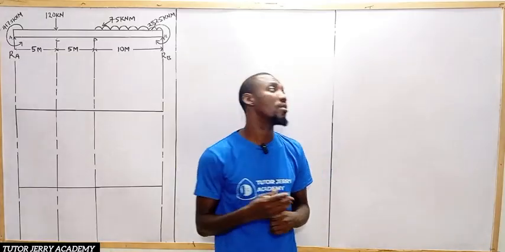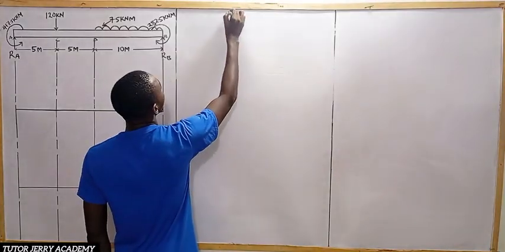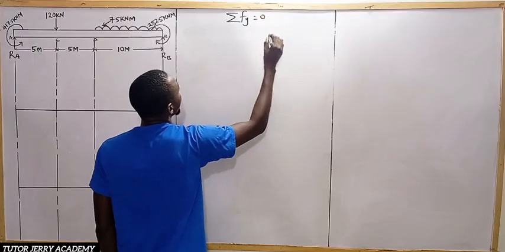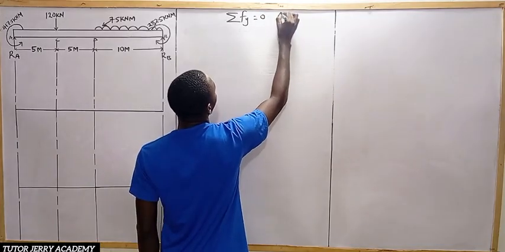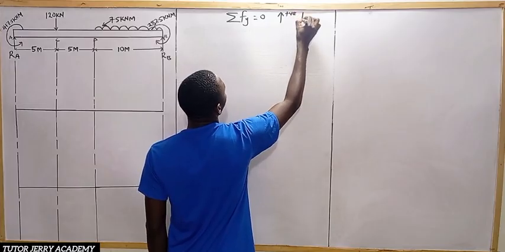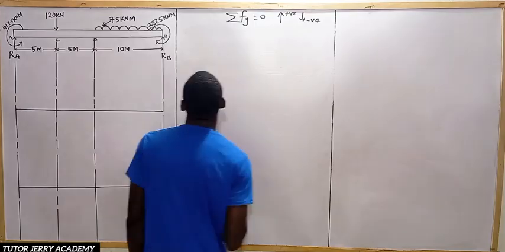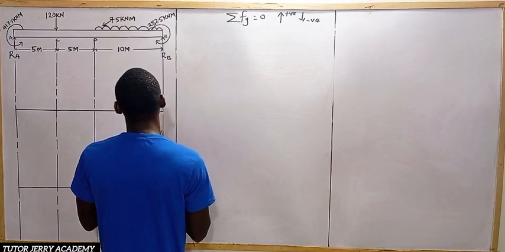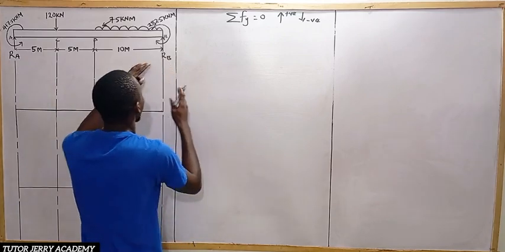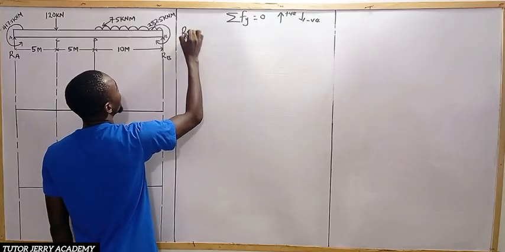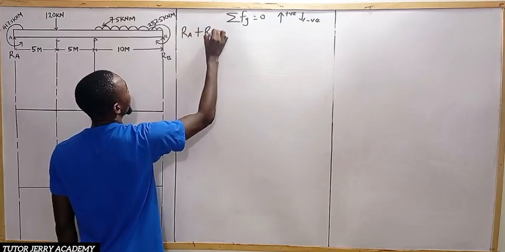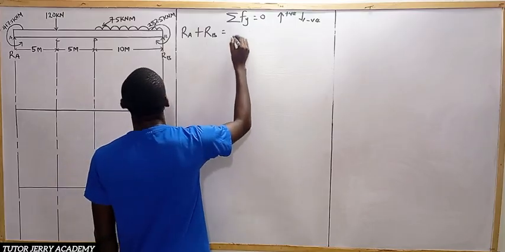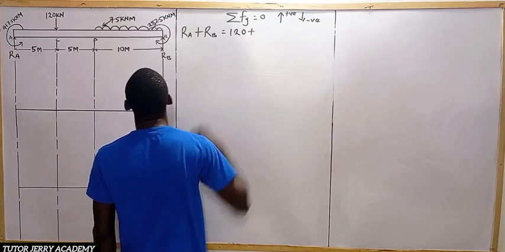C to A is also 5 meters. So for us to solve this question, we are going to start with the summation of the vertical forces, summing them to equal 0, taking our upward force to be positive and our downward force to be negative. All right, so the sum of upward forces equals the sum of downward forces, and the upward forces are the reaction at A and the reaction at B. So reaction at A plus reaction at B will equal 120 plus